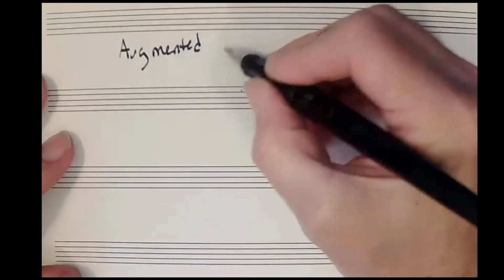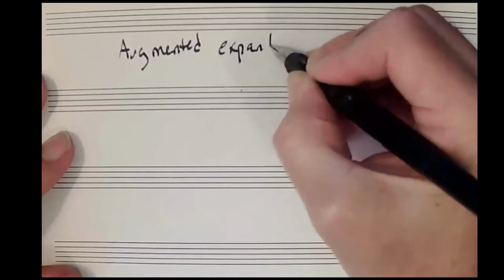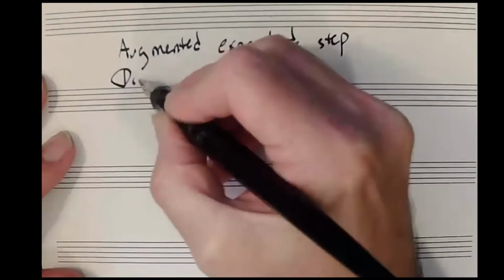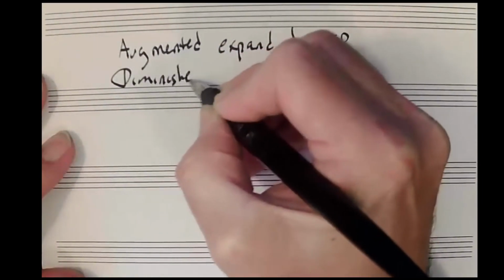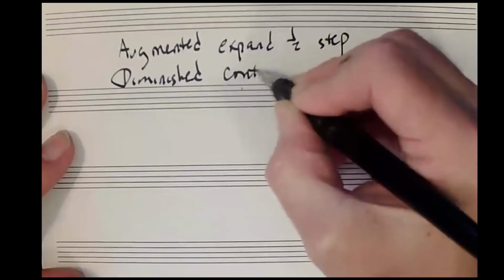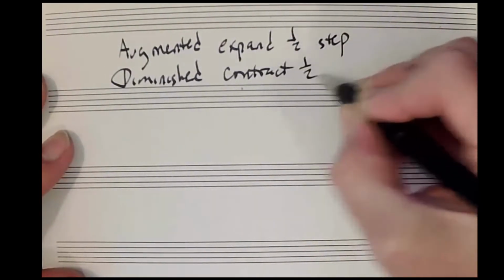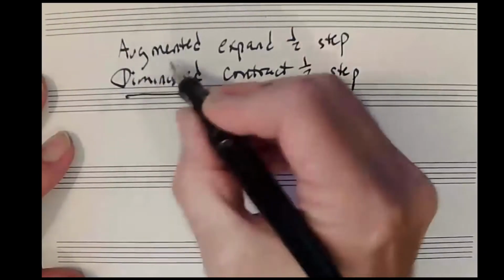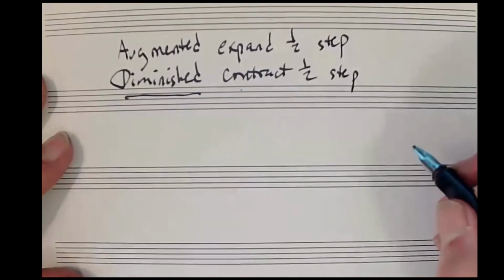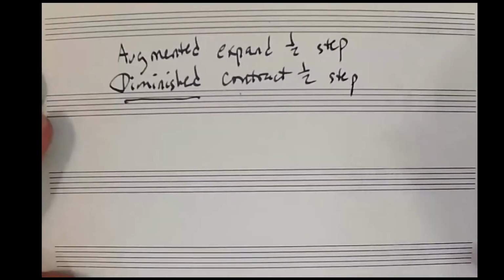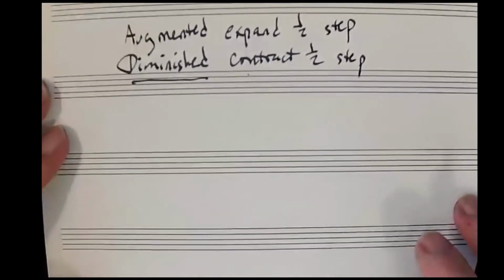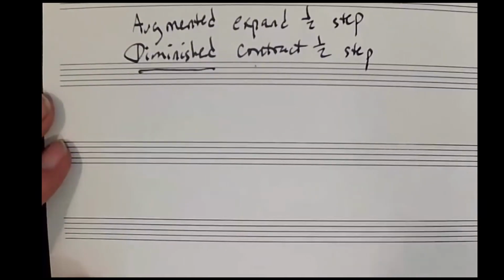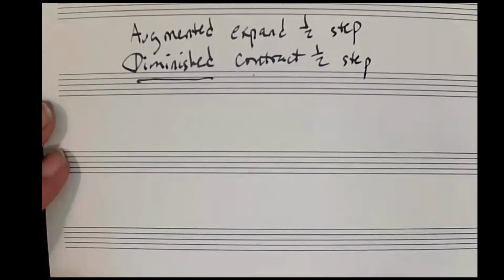Augmented means that you expand an interval by a half step, and diminished means that you contract an interval by a half step. Now, this word in particular, diminished, might mean something slightly different whether we're talking about perfect intervals or major intervals. So we'll explain that in a minute as well. But let's just take a look at a few really straightforward examples of augmented and diminished and how you would